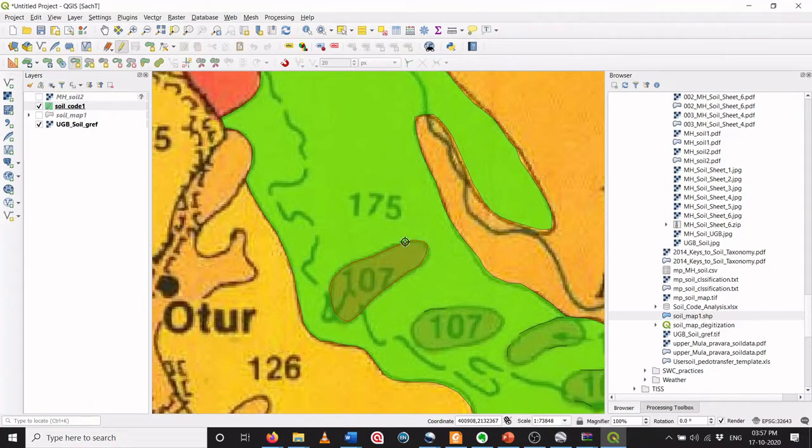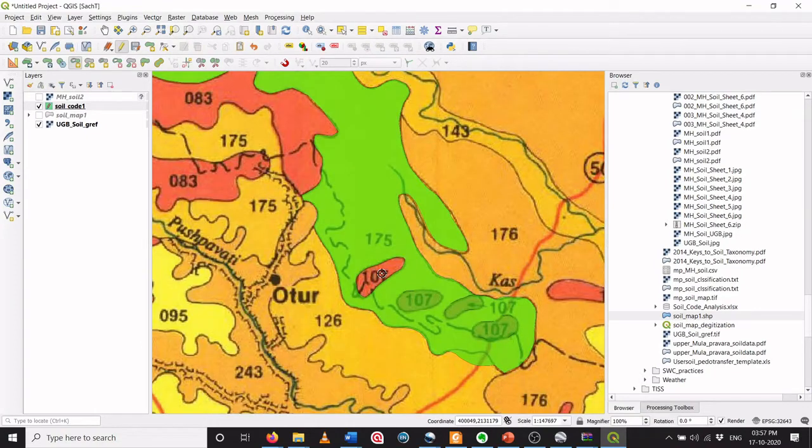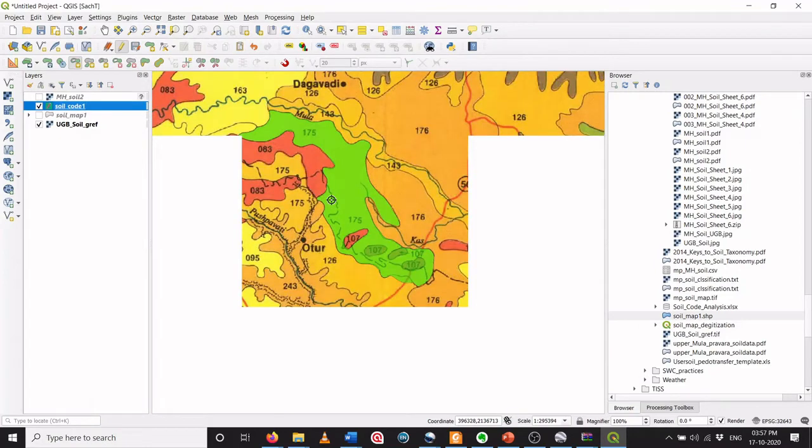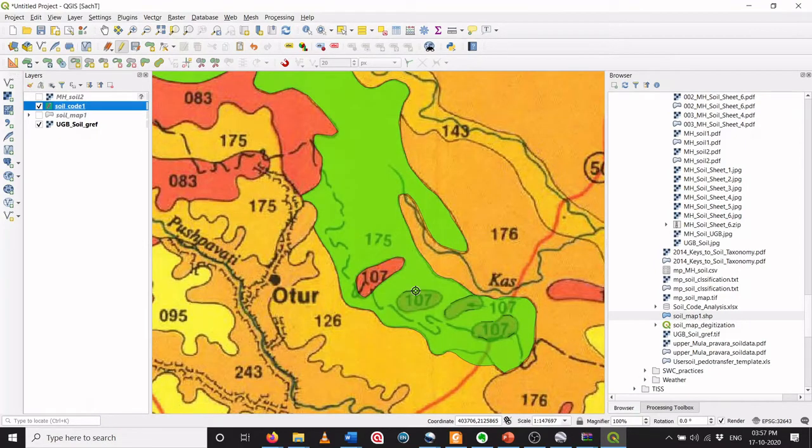So here I have completed delineating the inner ring. Once you complete this, following the standard procedure, you have to right click. The moment you right click, the ring is added. So now this ring is no longer part of the polygon. This is how you can introduce a ring, and there are several rings in this map. The same procedure can be followed for them.